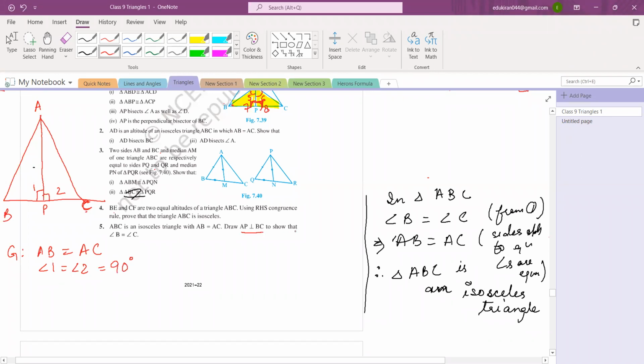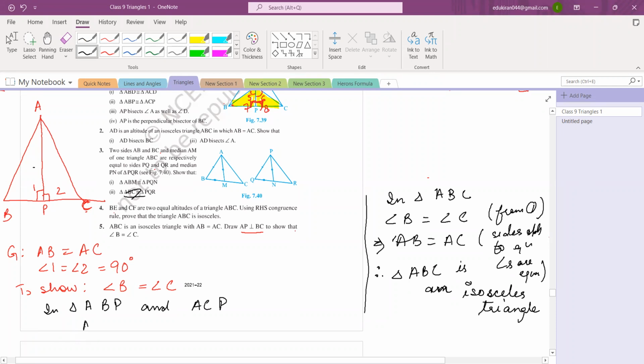To show that angle B is equal to angle C, what do we have to show? Angle B is equal to angle C. Now this is very easy. You just prove that these two triangles are congruent and therefore by CPCT, angle B is equal to angle C. Can you do it? Yes, ma'am. Okay, let's do it quickly. Miraj, tell me the first condition here in triangle ABP and triangle ACP. Very quickly tell me.